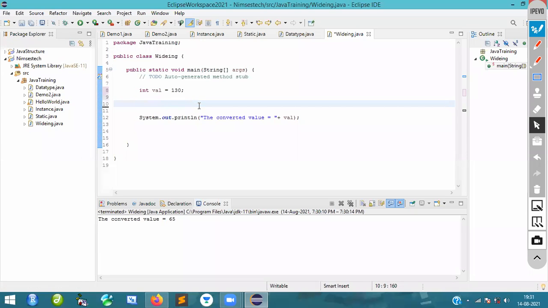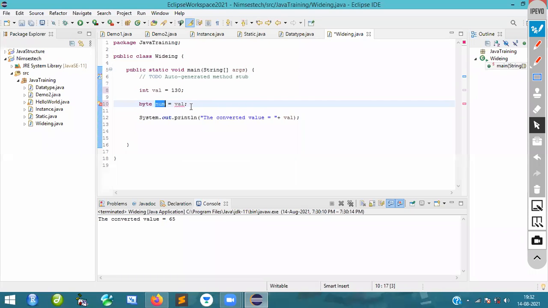What I will do is make a byte variable, byte num, equal to val. Whatever the value 130 is there will be given to the byte data type variable called num. Let's see now what will happen.